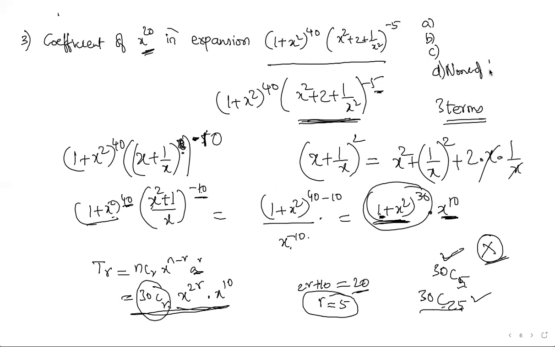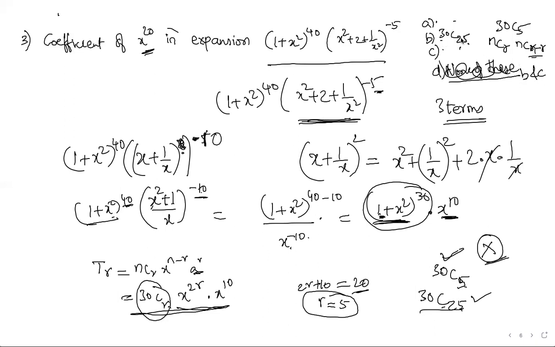Okay. So if you are in a hurry and you see that none of the first three options match 30C5, you should not pick none of these as the option, because the second option was there as 30C25 also. So when you're dealing with combinations, you should be careful when selecting options, because sometimes nCr and nC(n minus r) both can be given as options. Okay, and D can be given as both B and C.